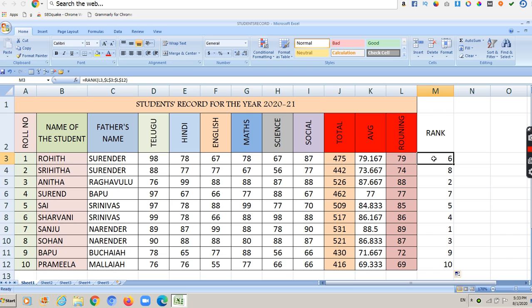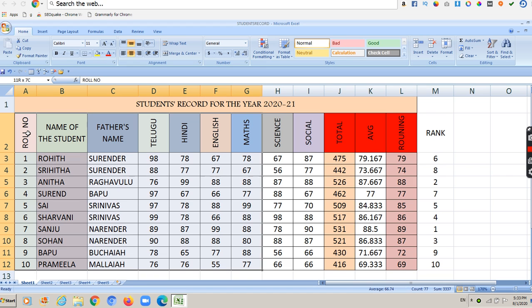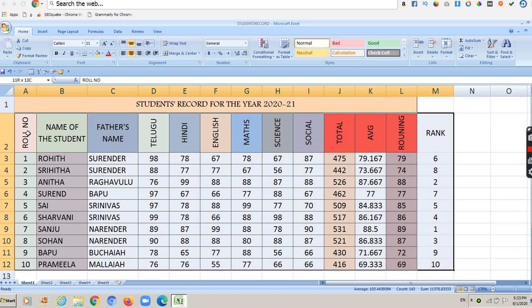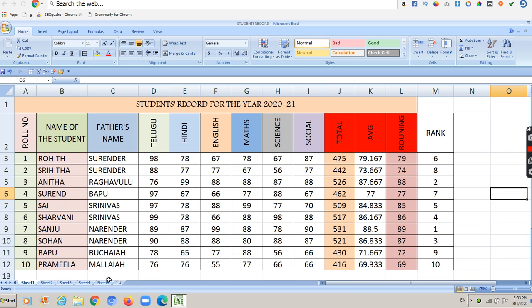So how to center it? All, so go to the Home button here. We have the center option, alignment center. Okay. Now you want to include the rank also in the complete tabular form. For that purpose, select the entire data. Now you give the table all borders. So the rank is also included in the earlier marks sheet.